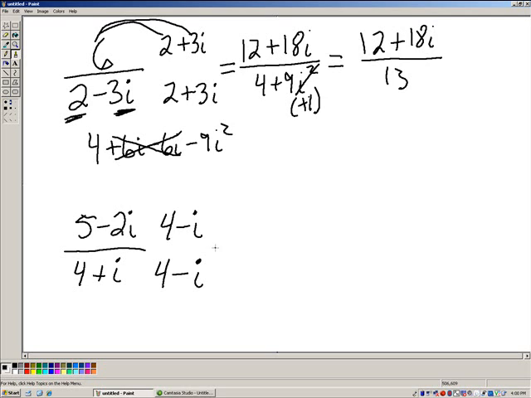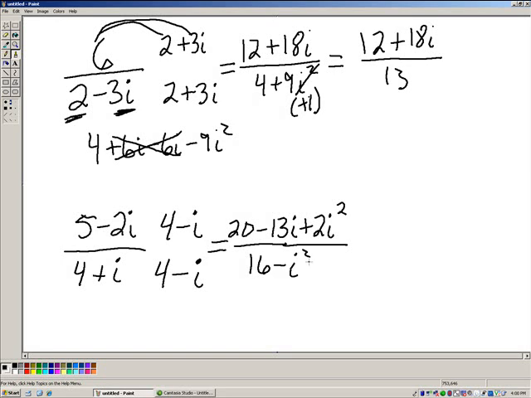Okay. So now we're going to have to FOIL both, right? We FOIL on the top. That's going to give us a 20. Then we have negative 8i and negative 5i will be negative 13i. And positive 2i squared. Over, and we can go straight to the difference of squares here, 16 minus i squared,